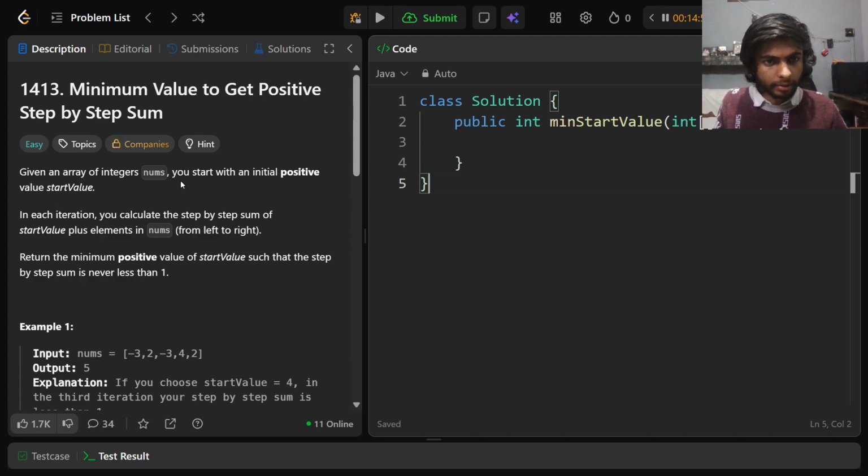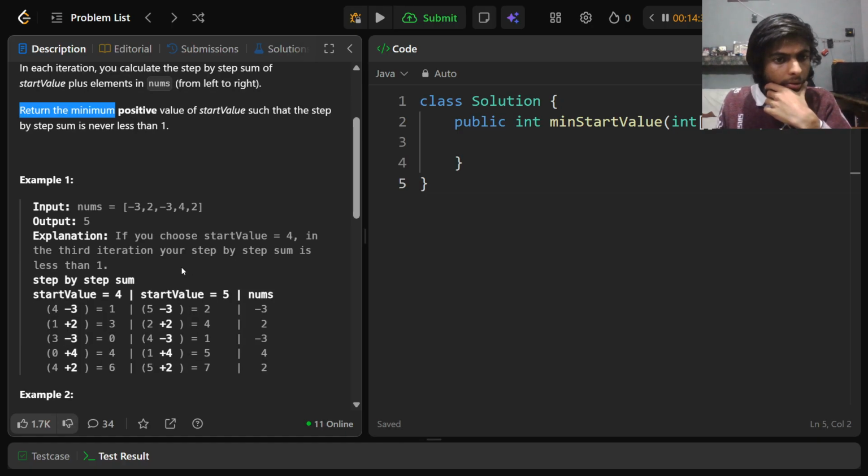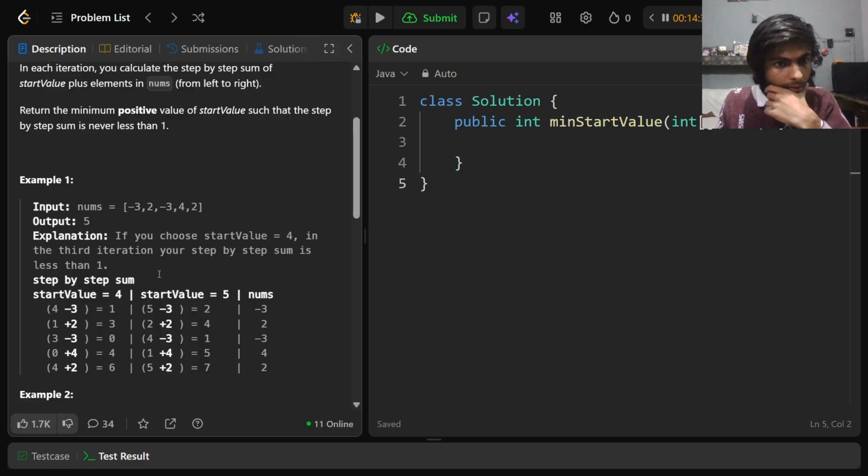Given an array of integers, you start with an initial positive value, start value. In each iteration, you calculate the step-by-step sum of start value plus elements in nums, and return the minimum positive value of start value. Okay, let's do an example. So this is my nums. If you choose start value is 4 in the third iteration,